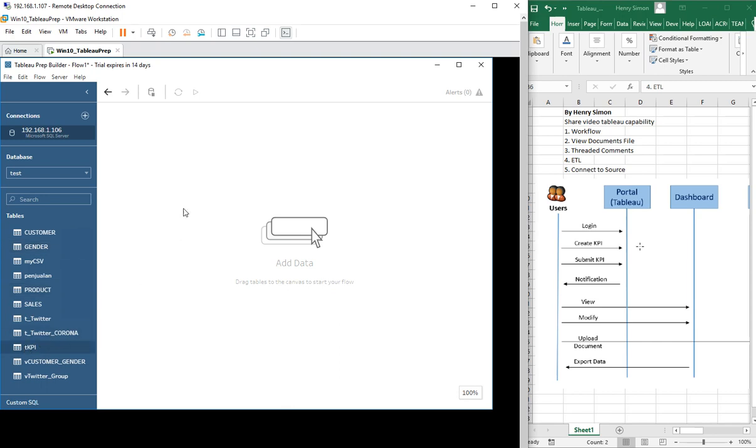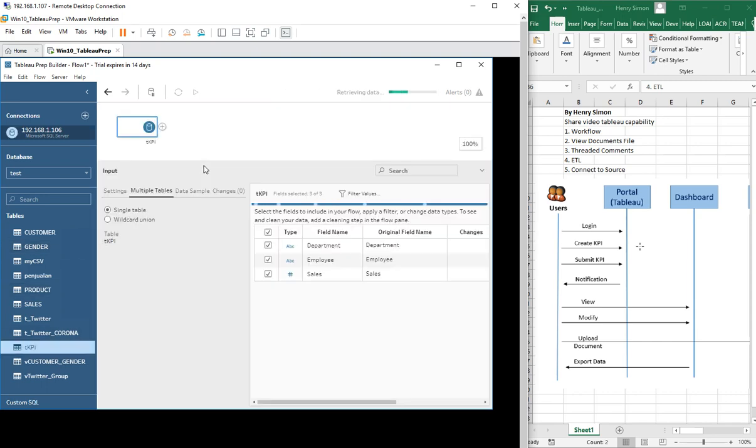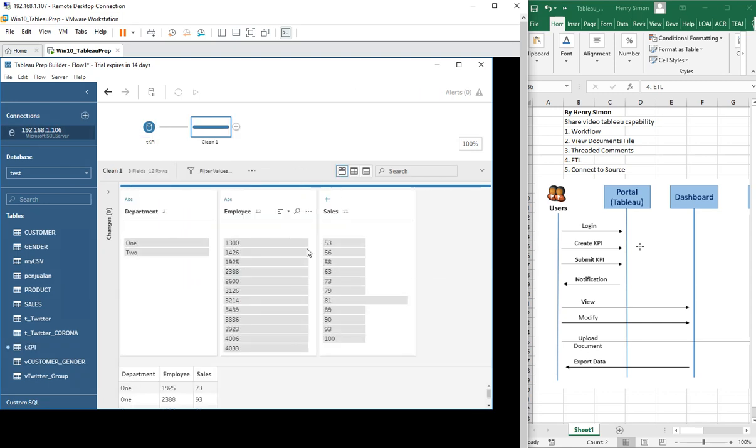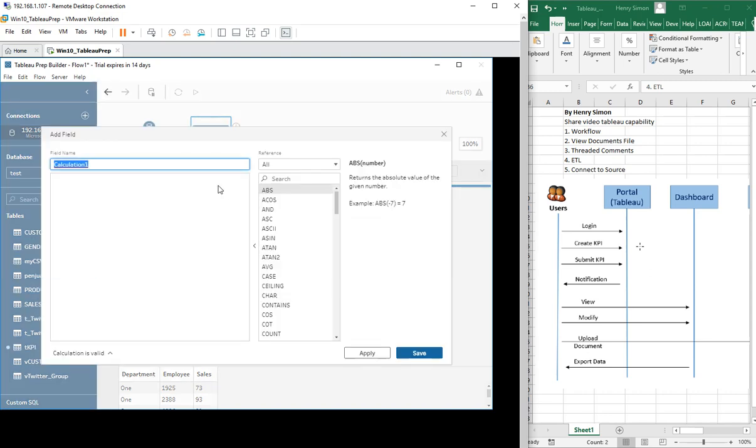I want to see a KPI report, let's say. Then from this KPI, let's say I want to do a calculation. I add a clean step. Let's say I want to change this name. I create a new calculated field using a formula.